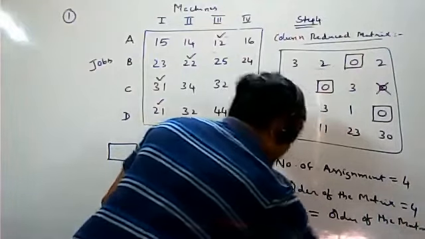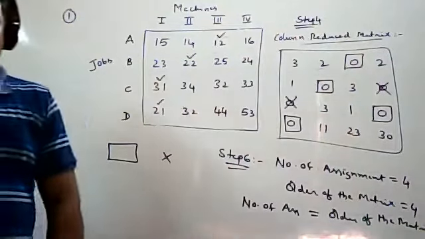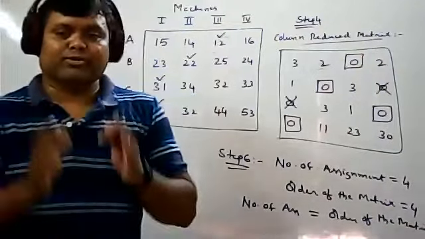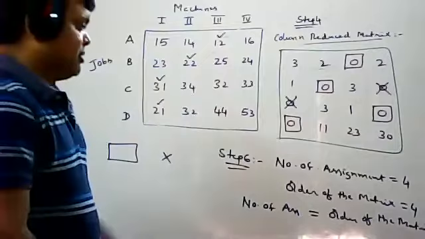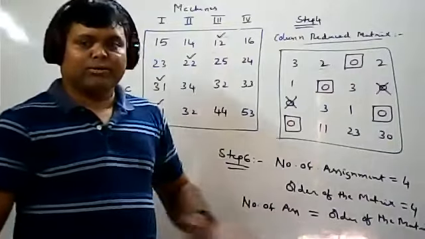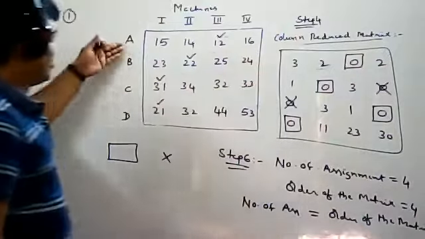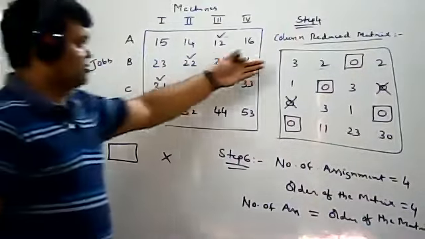Hence, we have reached the optimum solution. Now you have to identify the optimum schedule for this particular problem. Because you have reached the optimum solution, you have to identify the optimum assignment. So generally, what is this row side? Row side is jobs. This row side values are jobs.